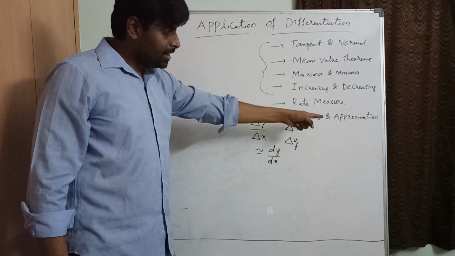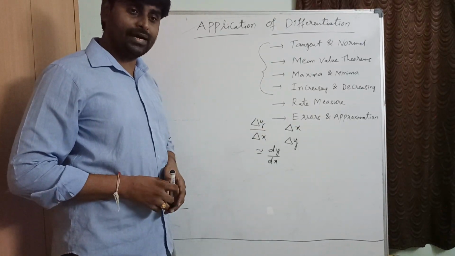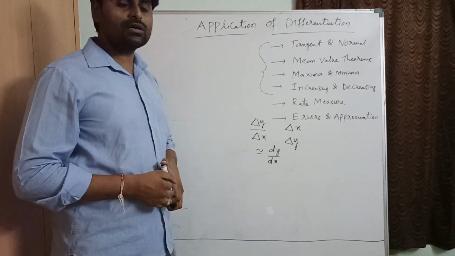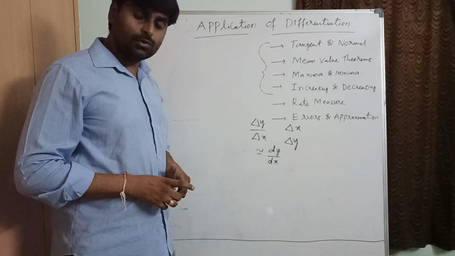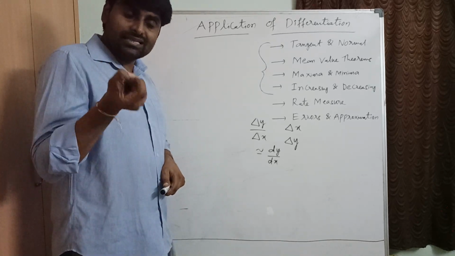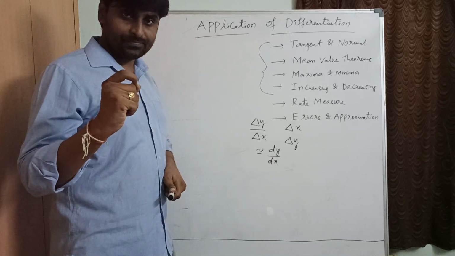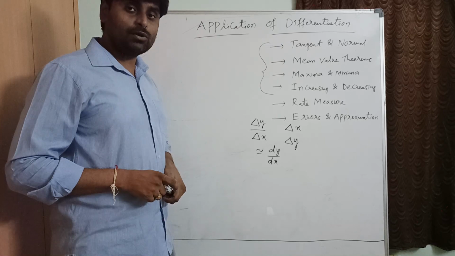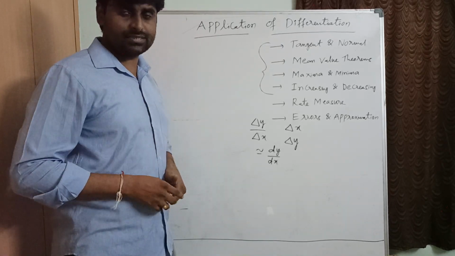Also we are going to discuss approximation, wherein we find the approximate value of square roots of given numbers. For example, root 16 is 4, root 17 is 4 point something. That decimal value also we are going to calculate accurately. Exactly, we are going to find the value of the square root of numbers, such as square root of 17, square root of 26, like that.